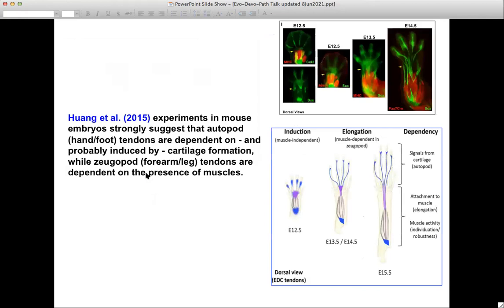Because at the same time we were doing these studies, Huang et al. did a study with mice, an experimental evo-devo study, that showed something that really combined with what we see. When we see these muscles on the forearm, they seem to be a single muscle, but they are not. They have at least 3 different modules. In one of them, the tendons form from the digits, not the opposite way. They form from the cartilage of the digits, and they depend on the cartilage in this region of the autopod of the hand and foot. They develop from the distal to the